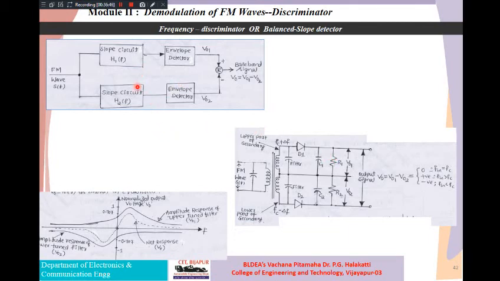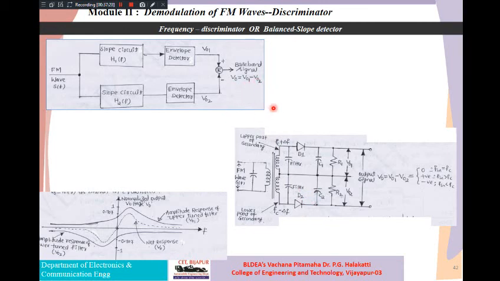That's why we need two slope circuits, and obviously we need two analog detectors which are responsible for identifying amplitude variations and helping us to detect that complex envelope hidden in the FM signal S of t, that is S1 hyphen of t, and we'll take the difference here. That work is done by this center tapped secondary transformer. So here is the actual circuitry we are arriving at. Figure A shows,